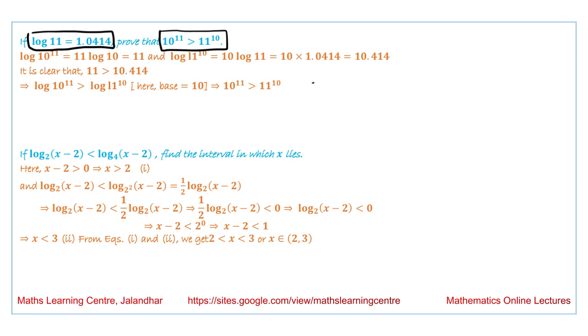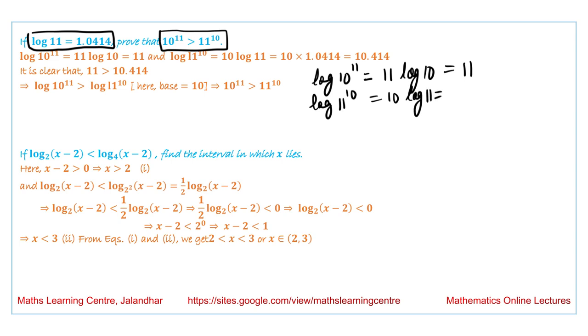So if we look at this value, we are talking about log of 10 raised to the power 11, that is equal to 11 log 10, that is equal to 11, and log of 11 raised to the power 10, that is equal to 10 log 11. The answer we obtain is 10.414. So clearly what we get is that 11 is greater than 10.414,